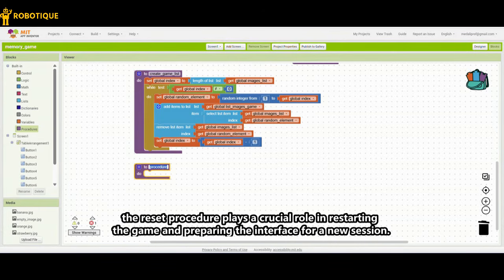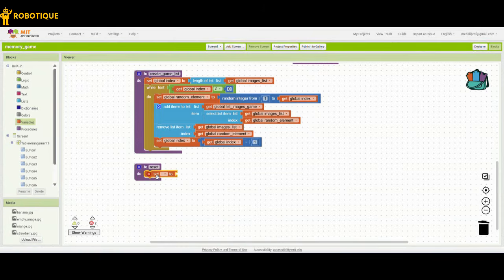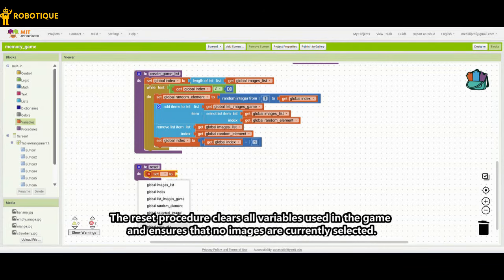The reset procedure plays a crucial role in restarting the game and preparing the interface for a new session. It clears all variables used in the game and ensures that no images are currently selected.